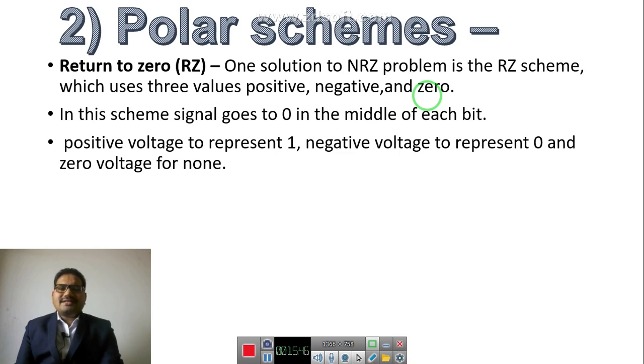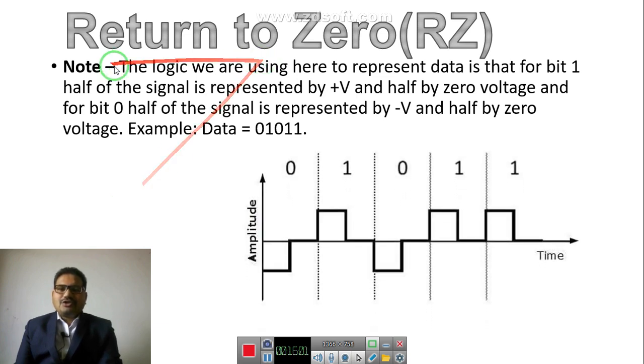In this scheme, the signal goes to 0 in the middle of each bit, with positive voltage to represent 1, negative voltage to represent 0, and 0 voltage for none. So this is a figure. The logic that we are going to use to represent the data is that for bit 1, half of the signal is represented by